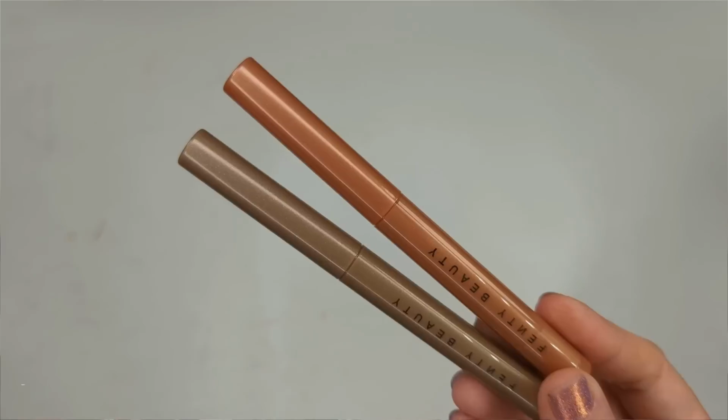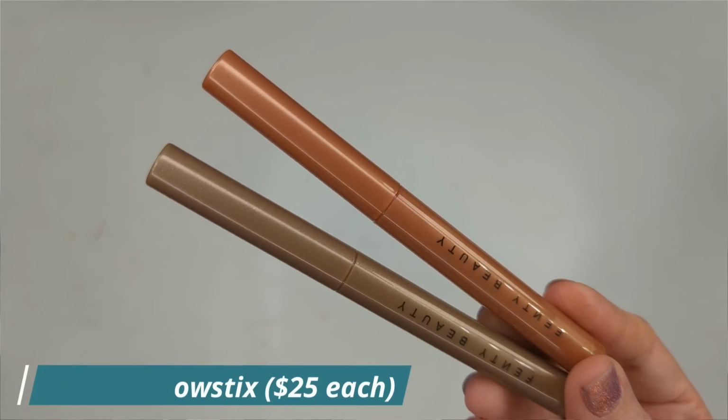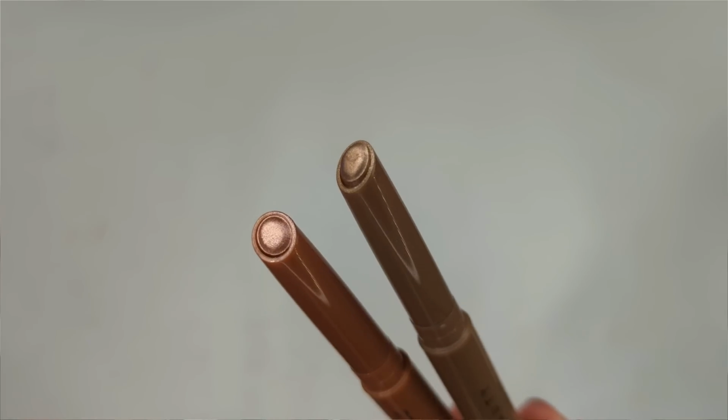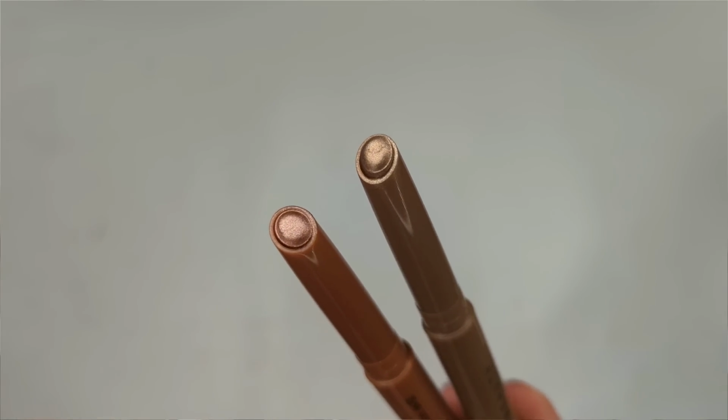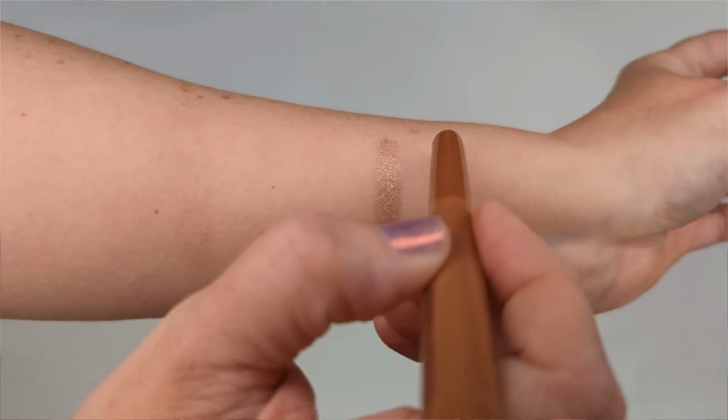But I digress. Let's take a look at the Fenty Shadow Sticks. So these come in several different colors. You get matte and shimmer finishes. I actually got 2 shimmer ones. And these claim to help you create endless eye looks with these long-wearing twist-up eyeshadow sticks that deliver high-impact color